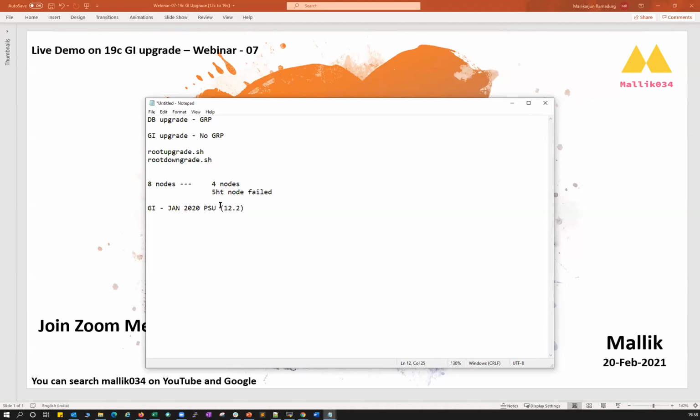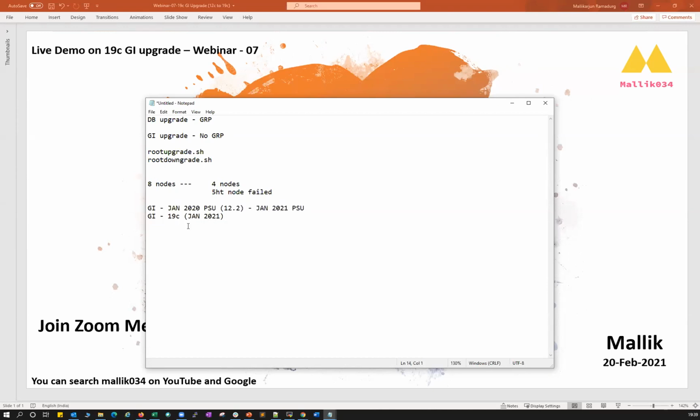If your 12C GI home is on Jan 2020 and you are now planning to upgrade your GI to 19C, with the latest patch being Jan 2021, then one of the best recommendations is to apply the Jan 2021 PSU or CPU, whatever the latest patch available on 12C, and then start your GI upgrade, so that your 12C GI will include all the bug fixes and your upgrade is going to be very smooth. These are the two best recommendations I follow anytime I do a GI upgrade.